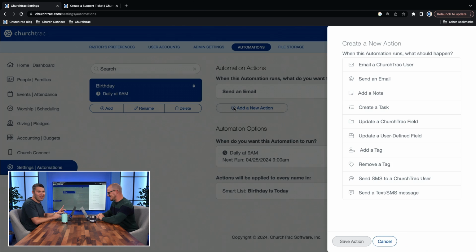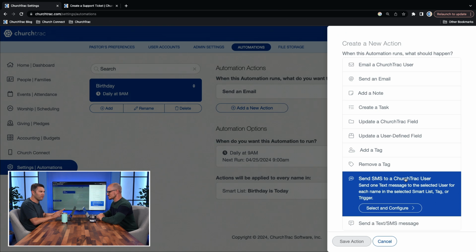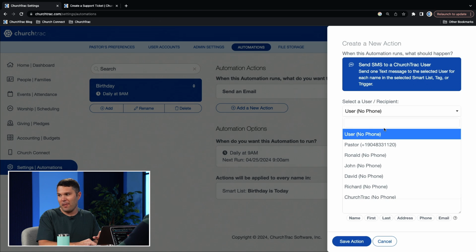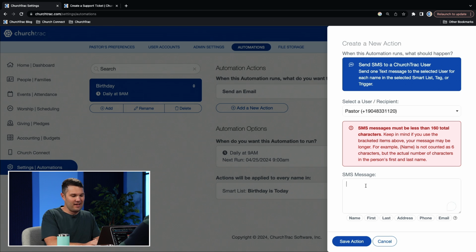So I'm going to add another action, and what I want it to do is send a text, not to that person, because yes, I could have the system send them a happy birthday text, but I personally feel that's a little cold. You know what I want to do? I want it to send a text to a ChurchTrac user, and you know who that user is? It's the pastor. And it's going to say, happy birthday